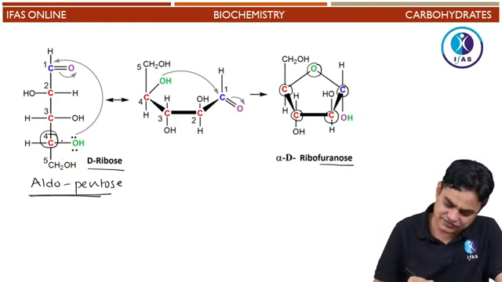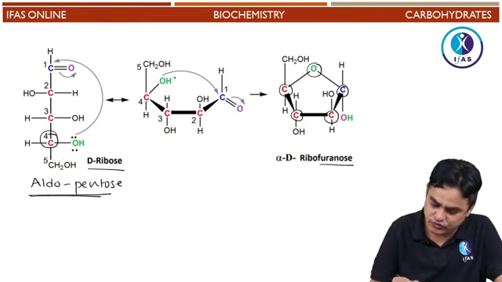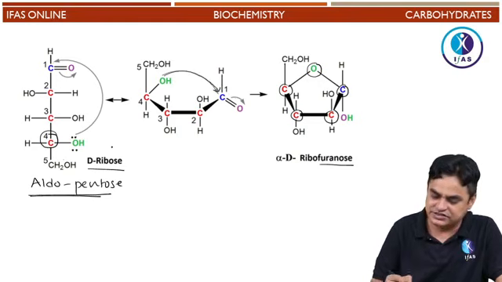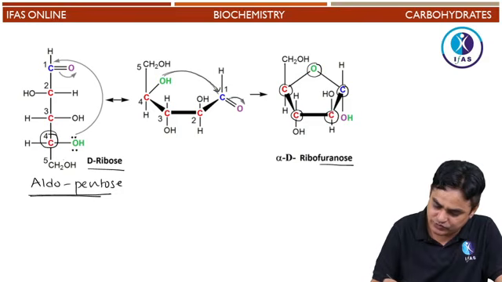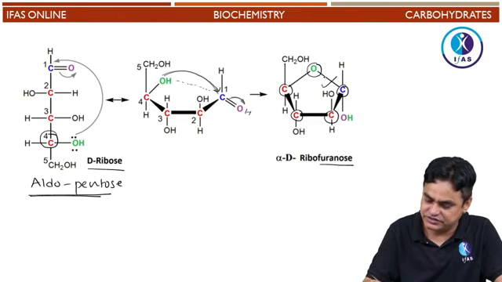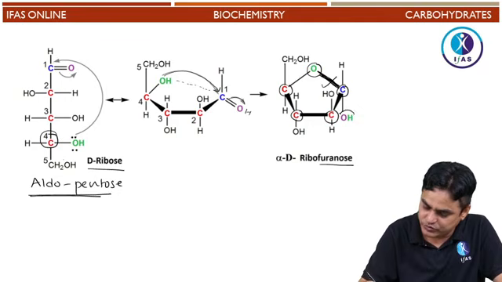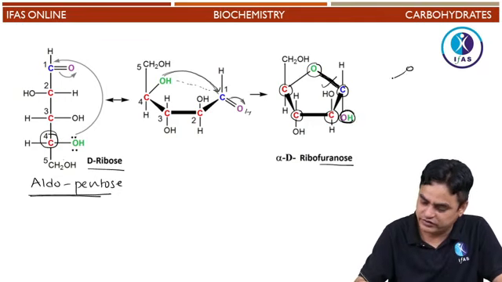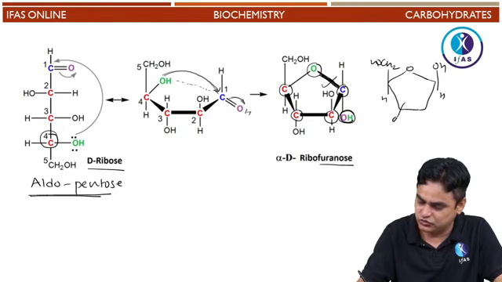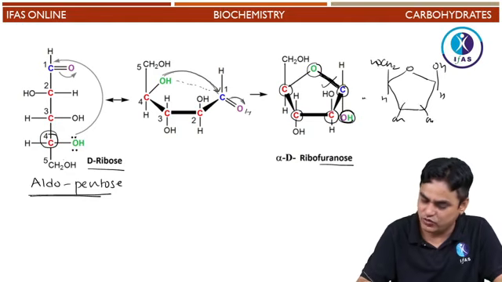So again, in this case, the 4th carbon it attacks, so it is being drawn over like this. This 4th carbon OH group attacks at the 1st carbon, such that this bond gets shifted over here. Here comes a hydrogen, and one new bond would be formed over here, which is being represented. This is a new bond which has been formed. Again, this OH group could be down the plane, or this may be a scenario that during the closure for second time, the OH group over here could be above the plane. Okay, these two different possibilities are there, this or this.